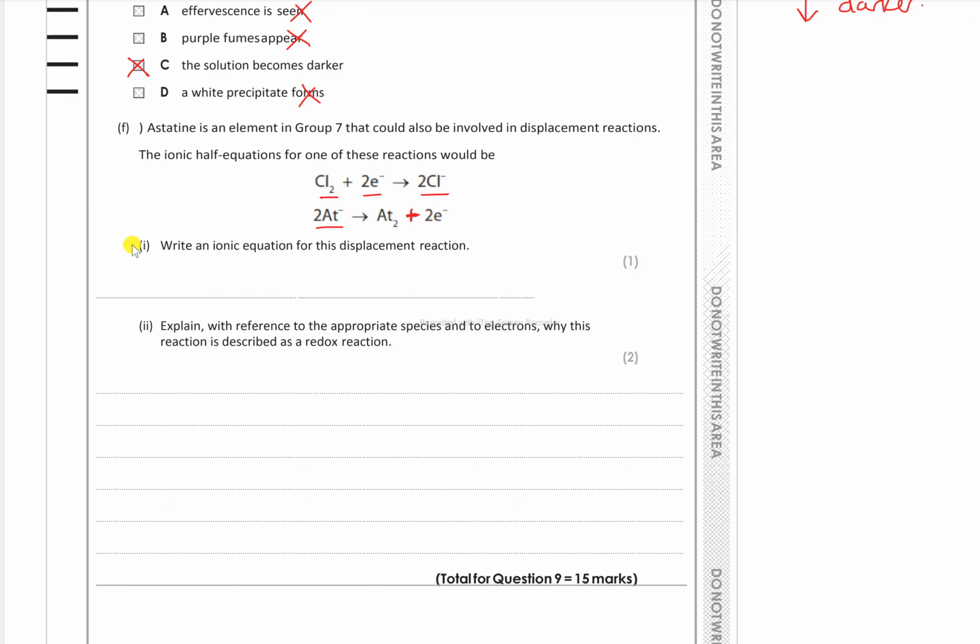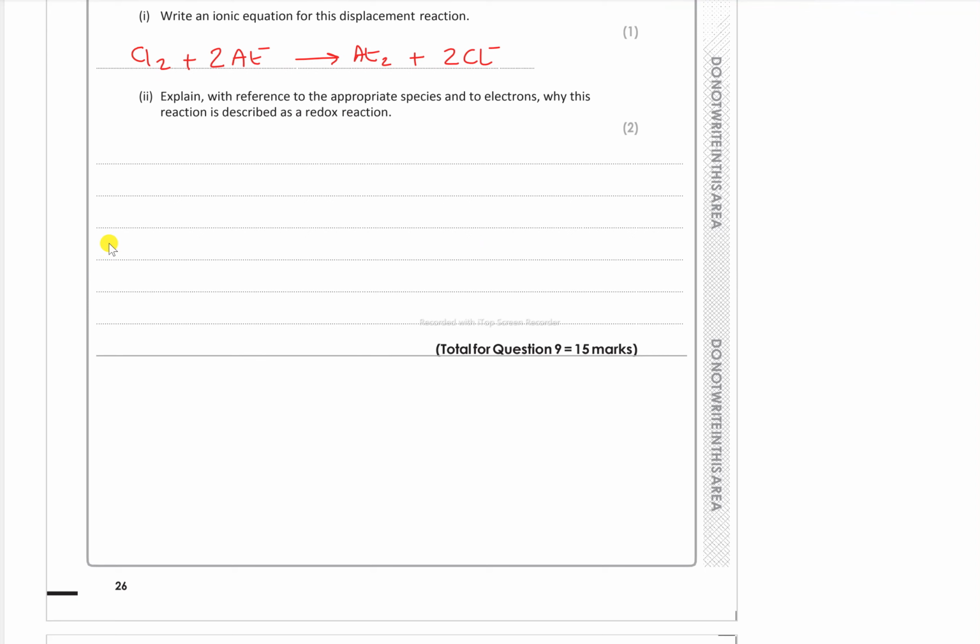Right. Explain, with reference to the appropriate species and to electrons, why this reaction is described as a redox reaction. Chlorine is reduced. Why? Because it gains